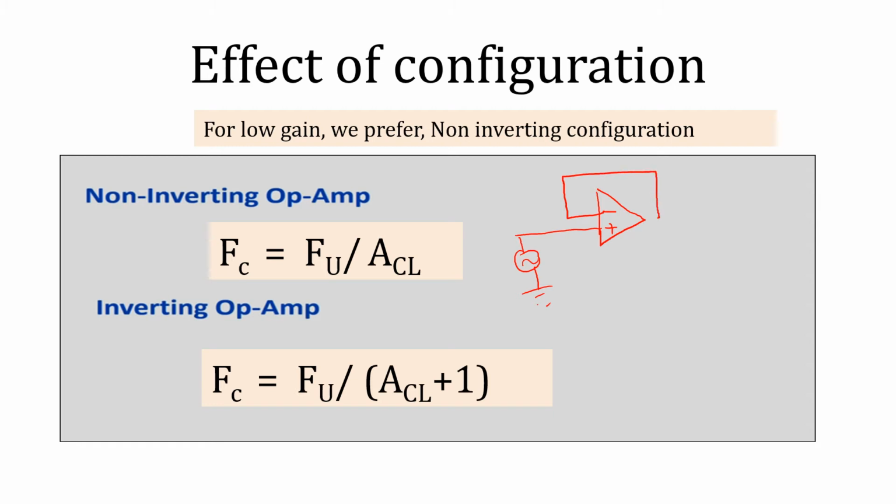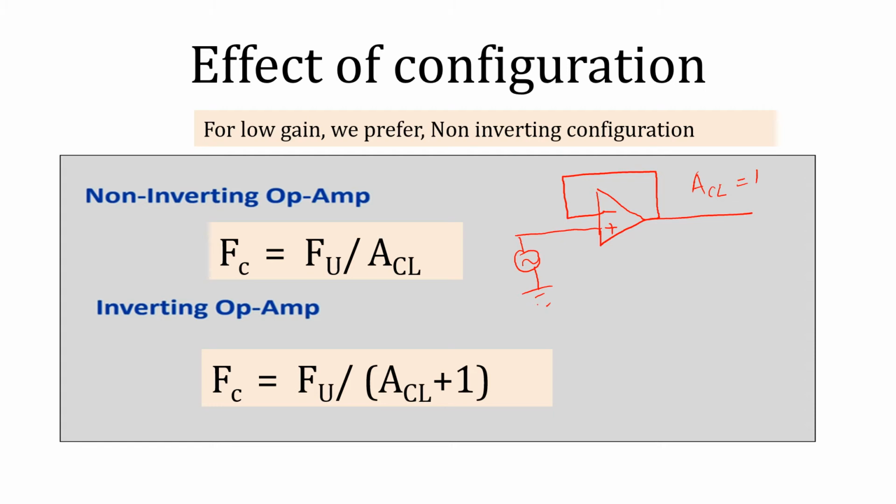If I use this feedback, there is no resistance here, so ultimately the closed loop gain will be 1, unity gain feedback. Okay, so the formula accordingly will be FC equal to FU divided by ACL,